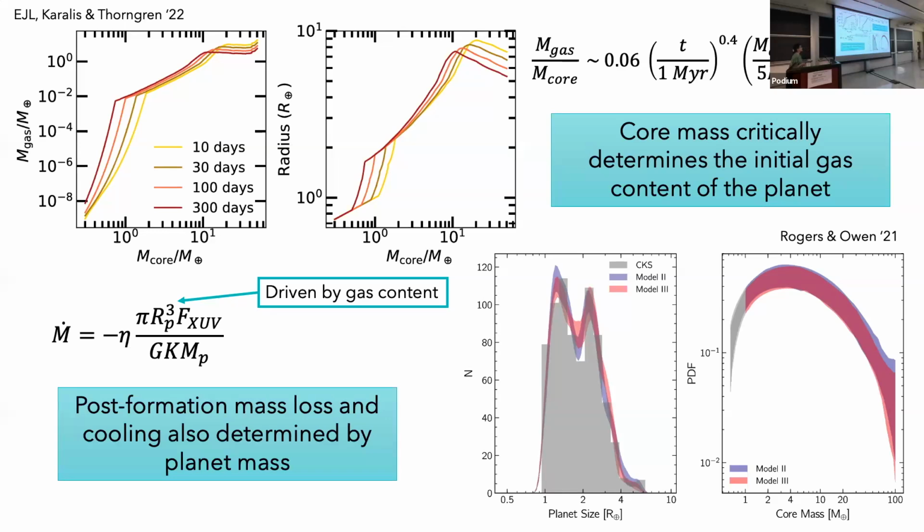So again, not just formation, but also post-formation mass loss and the overall cooling process that contracts the planet, that is all determined by the planet mass, and in particular, the core mass. And the way to probe this core mass is to go down to the bottom of the mass function, where we're more sensitive to the internal rocky component rather than the thicker gas envelope on top. So with that established,